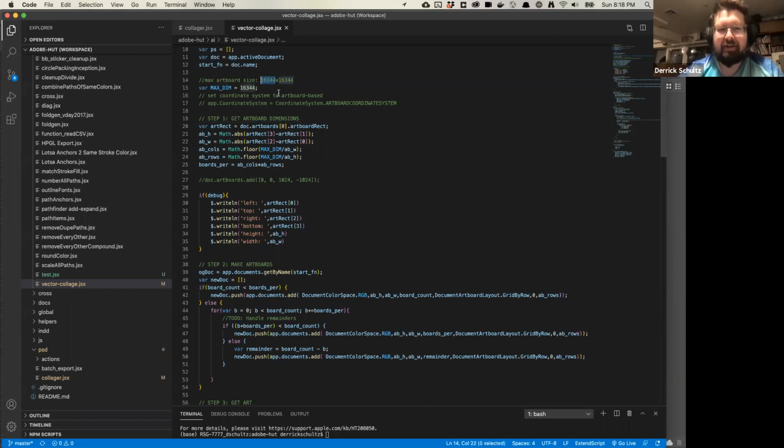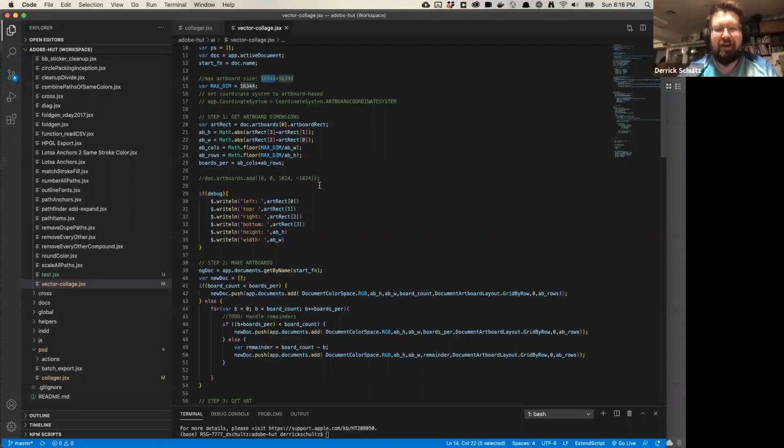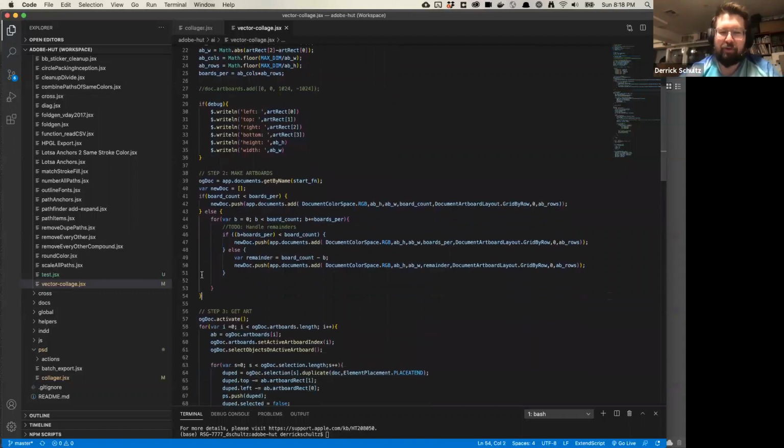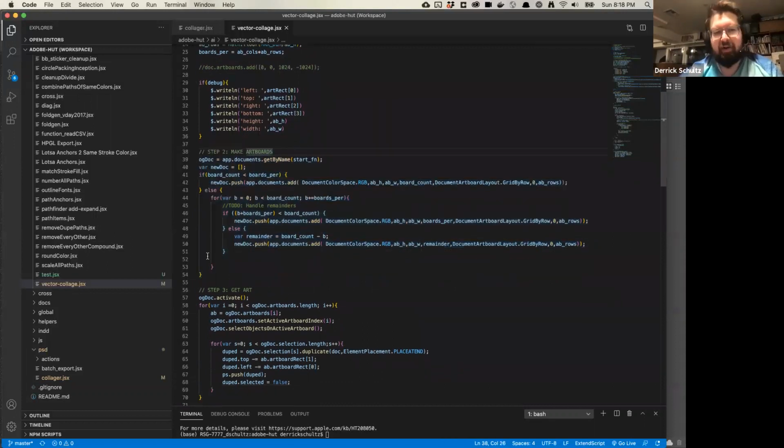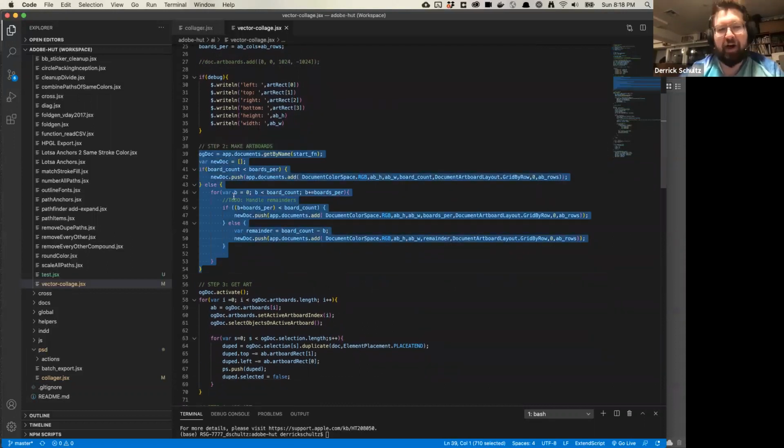the max they allow is 16,384 pixels. So with a 1024 by 1024 pixel artboard, you can only fit so many on a page. I wrote some very complicated logic here to make our artboards, which includes making multiple documents. If you go above some number like 255, you're going to have multiple documents open. An example of this, if we have time at the end, will show it does work scaled up quite a lot. But this is some fairly complicated code that took me quite a while to figure out. If you want to do more stuff like this, I would recommend you take a look at this code and maybe try to duplicate it.